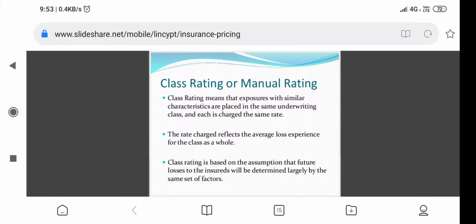Class rating method or manual rating method. Class rating means that exposures with similar characteristics are placed in the same underwriting class and each is charged the same rate. The rate charged reflects the average loss experience for the class as a whole. Class rating is based on the assumption that the future losses of the insured will be determined largely by the